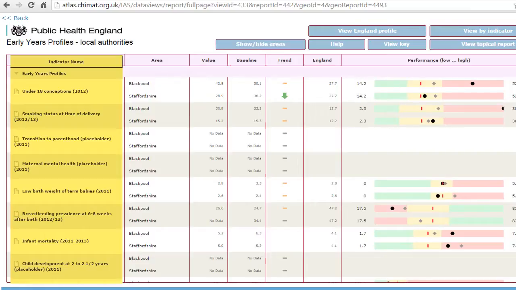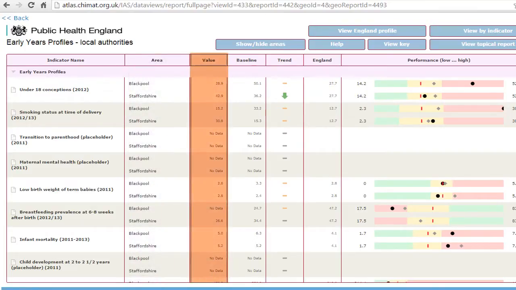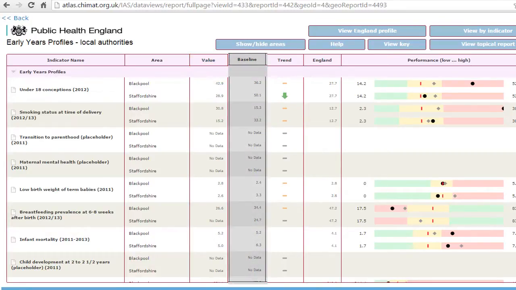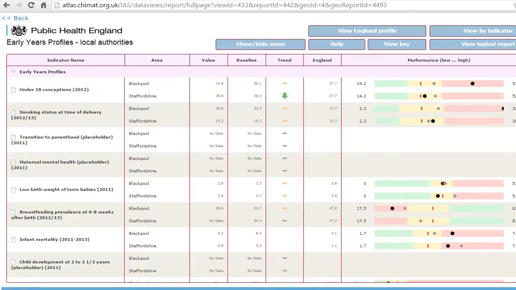Column 2 shows the area or areas that you've selected, and as you can see, I have selected Blackpool and Staffordshire so that I can make a comparison between the two. Column 3 shows the value for a particular indicator, and column 4 shows the baseline for that indicator in 2010. Column 5 shows the trend between the value and the baseline, and the View Key tab shows you what each